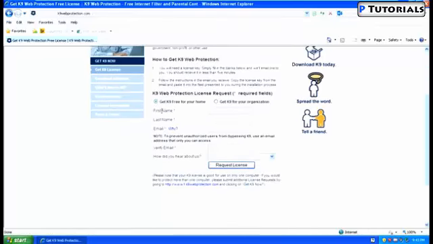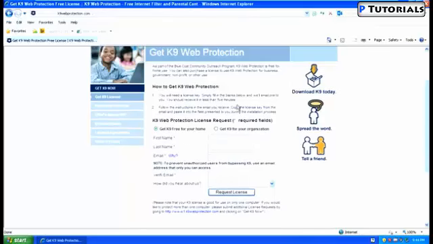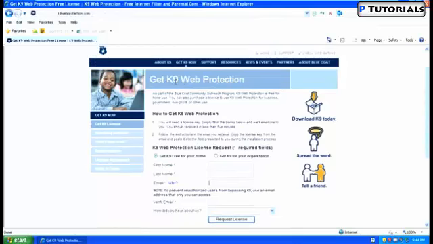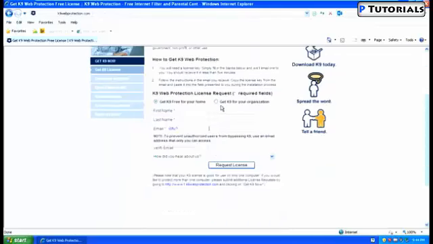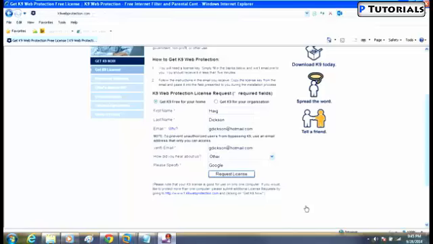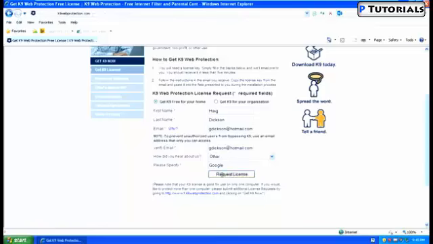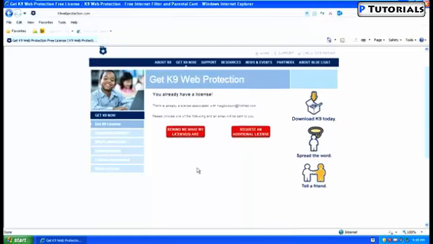what you have to do is you have to write your first name, your last name, your email, and what that will do is it'll send you a license code for the software and along with a download link for the K9 Web Protection software to your email. So what you want to do is you want to fill in these boxes here. Once you filled in the boxes, you can click request license, and what that will do is it will send you a license key to your actual email. So you would now go to your email